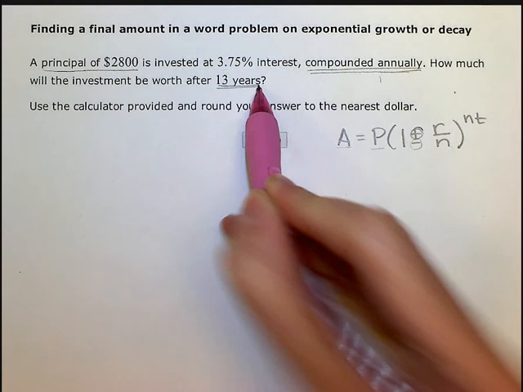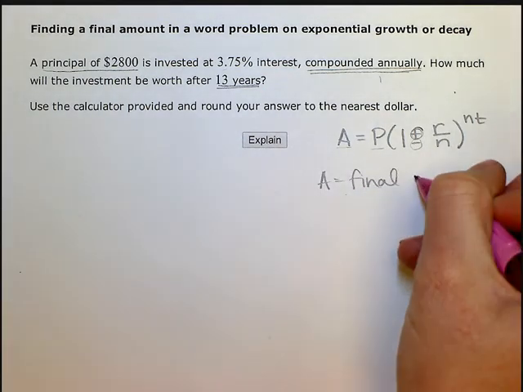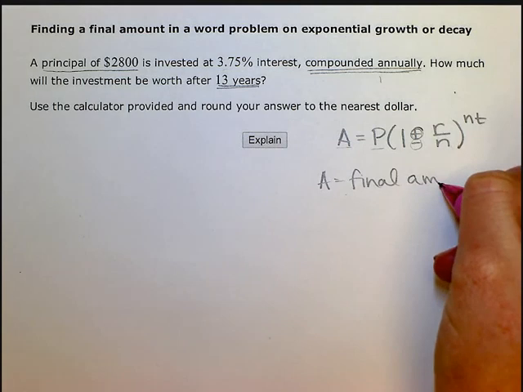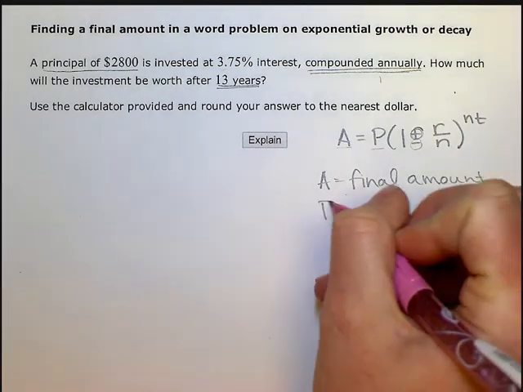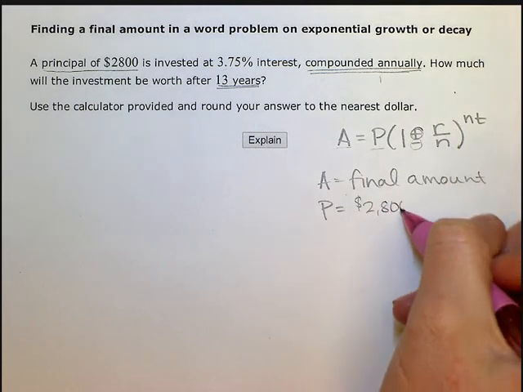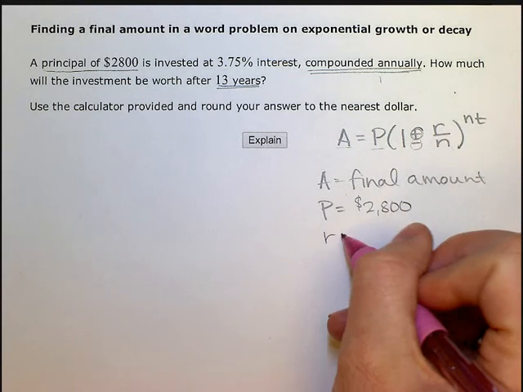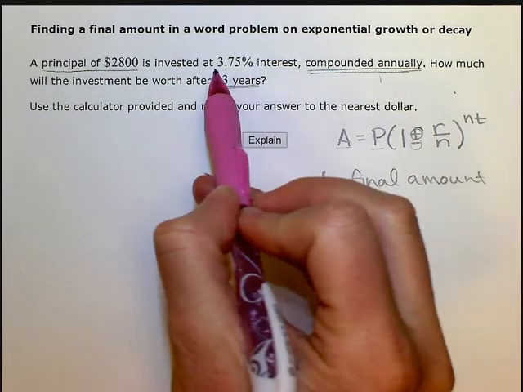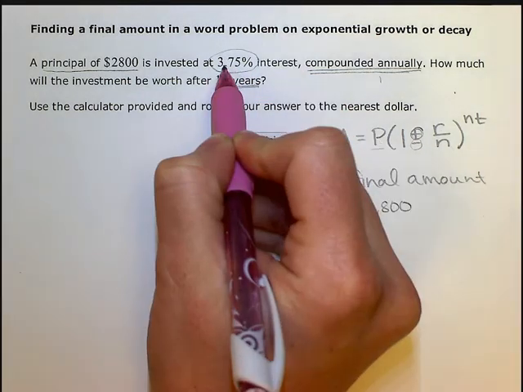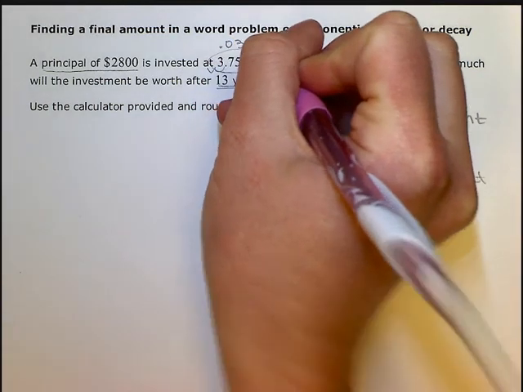So just to remind you again, A is the final amount, which is what we're looking for. P is the original principal, which in this problem is $2,800. The 1 is a 1. We're going to add. The R is the interest rate here, but to write it as a decimal, we move that decimal point 2 places to the left, so it's 0.0375. So our R is going to be